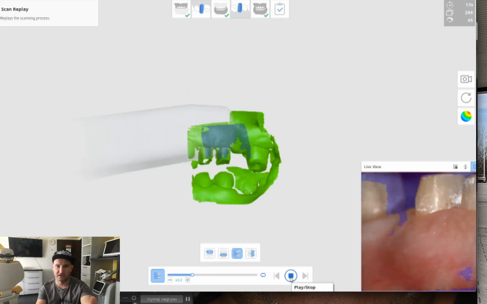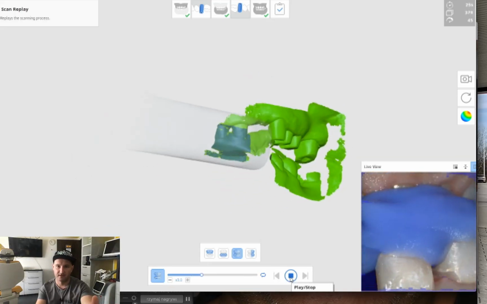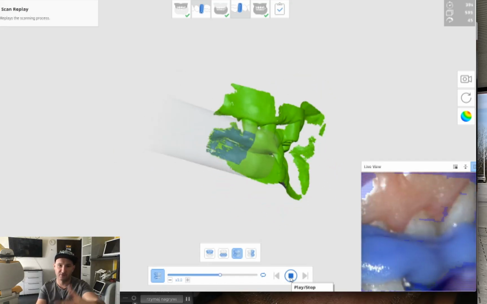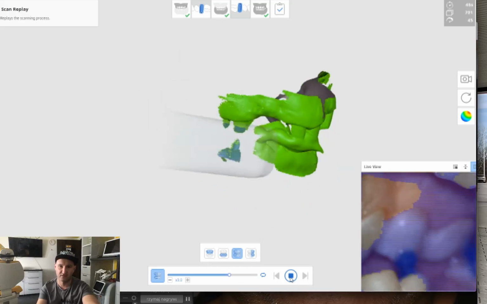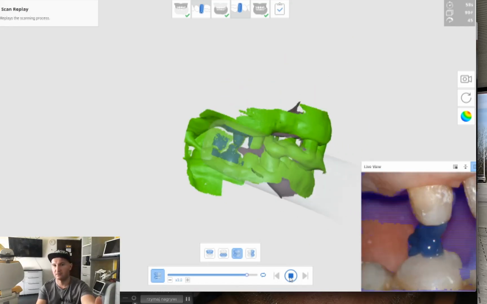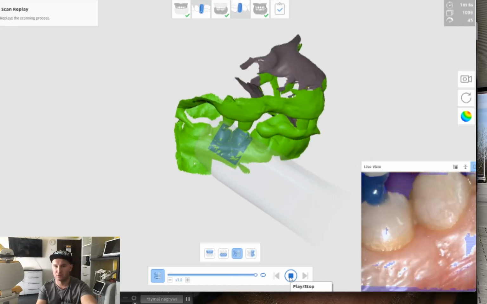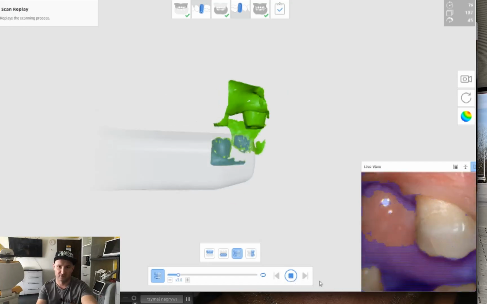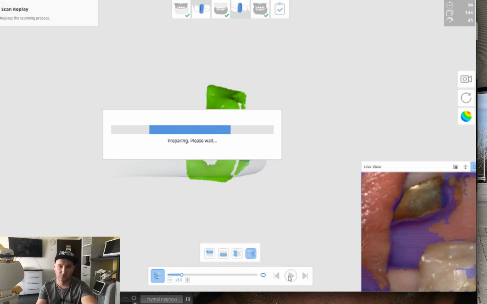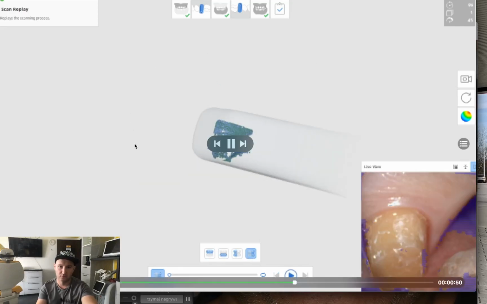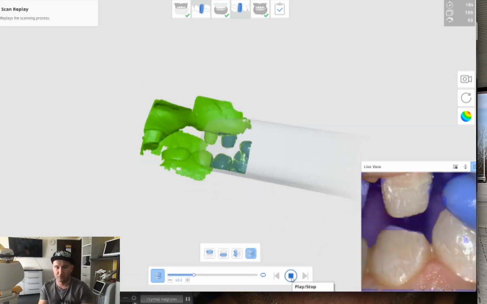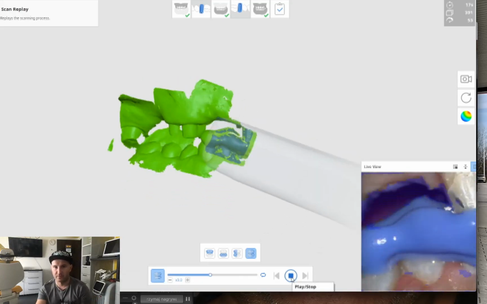Don't finish scanning of your occlusion in the middle. Give your computer much more information, so go with your scanner the other way around. And when you scan the left side occlusion, scan the left side just like shown here, and go to the right side,